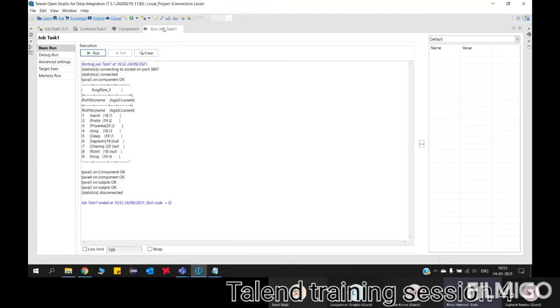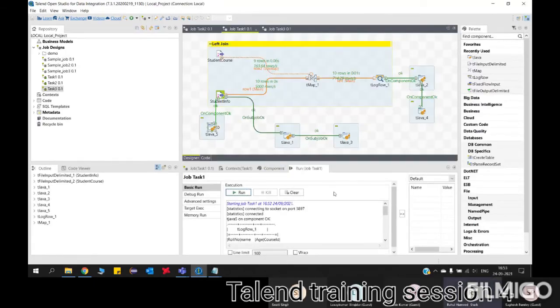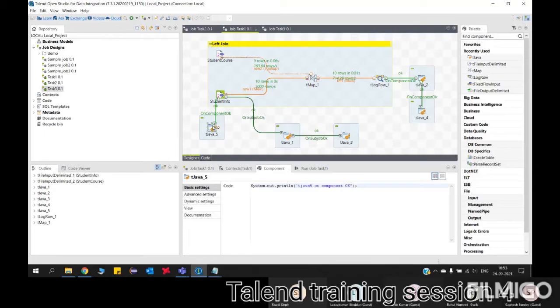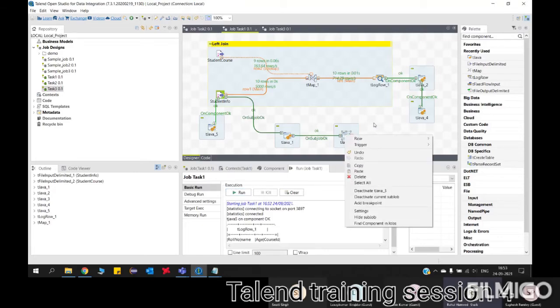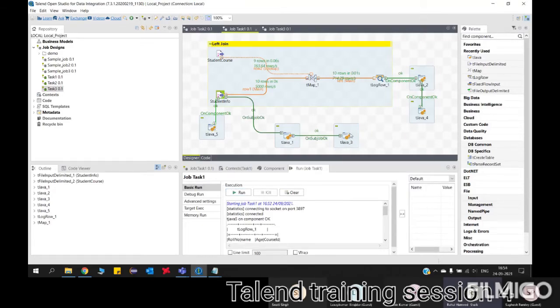Minimize this. Can you minimize this? 1, 2, 4, 5 we have, right? Click on that T-Java 5. Okay, component on component. 1, 2, 3, 4, 5. I think too many, I have taken confusing information. Let us remove some. Which one will we remove? Remove 3 and 5. I think 2 components should be sufficient.